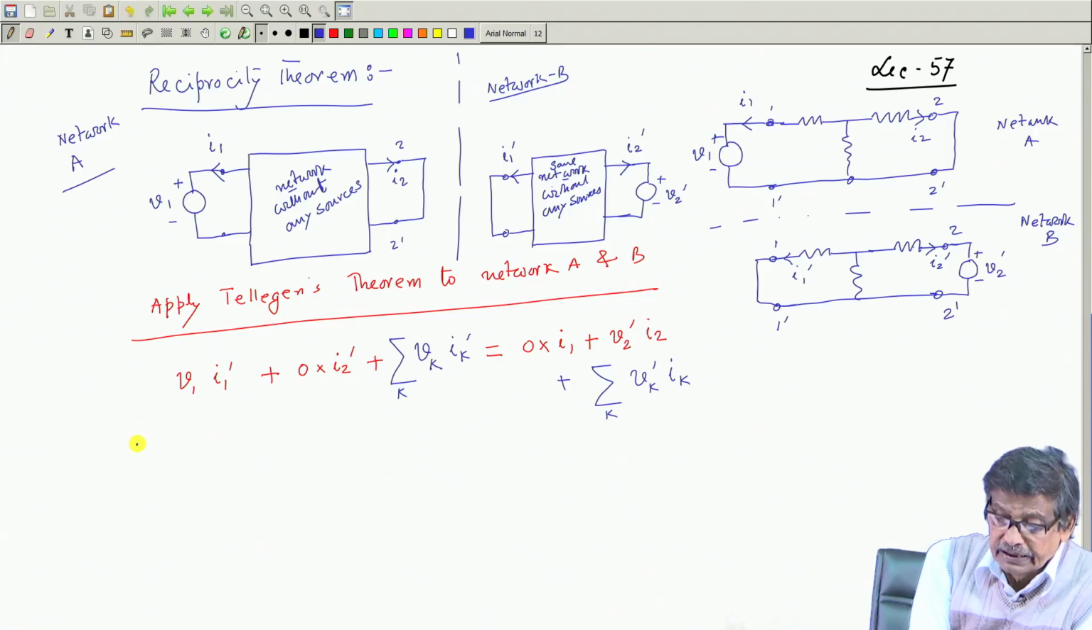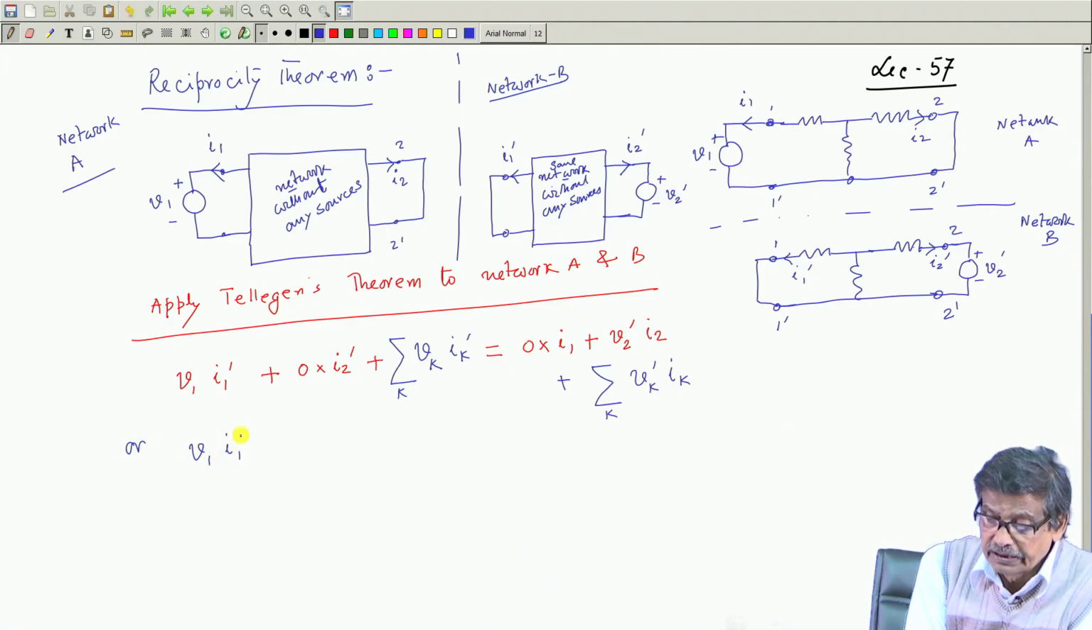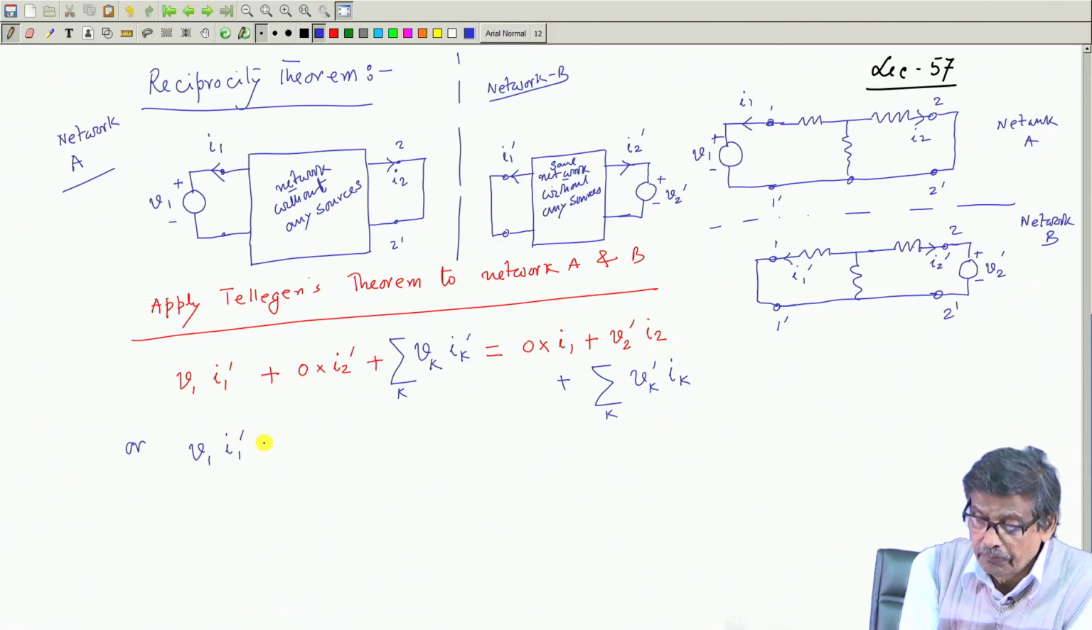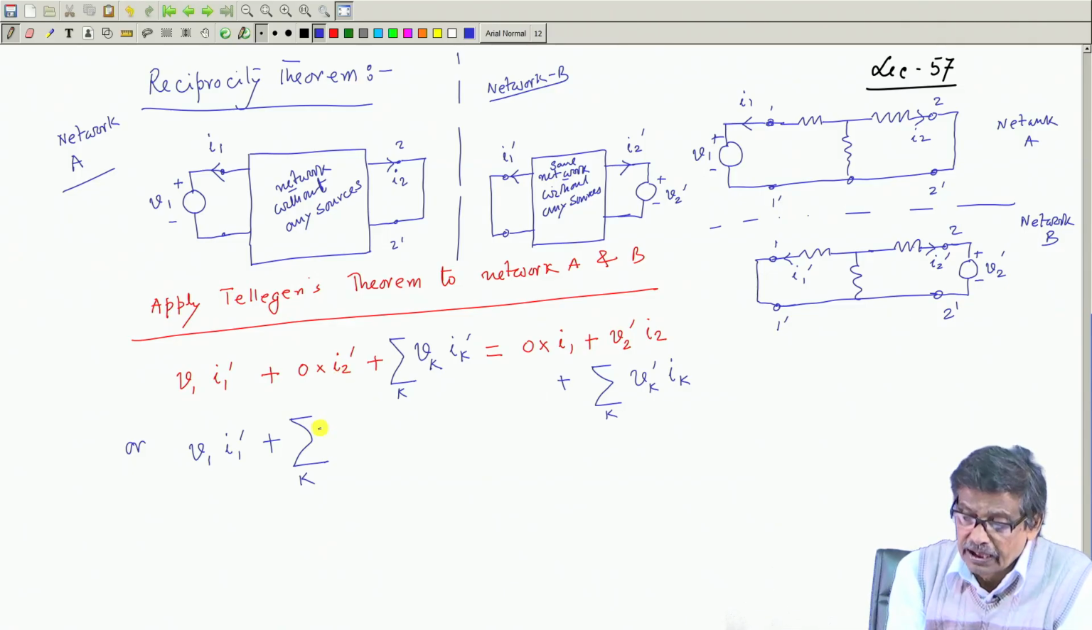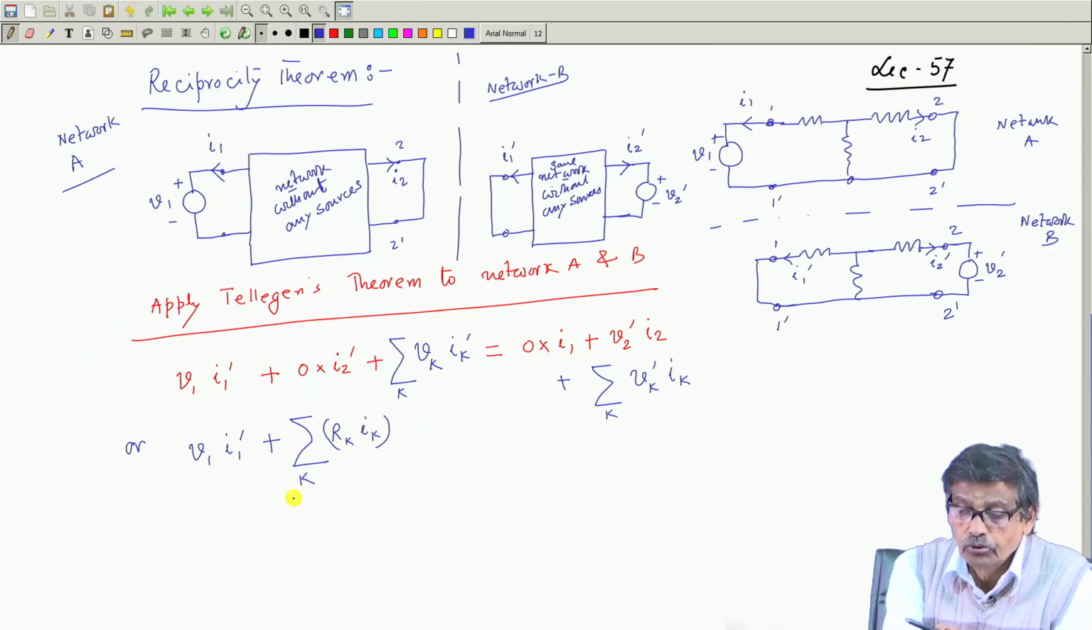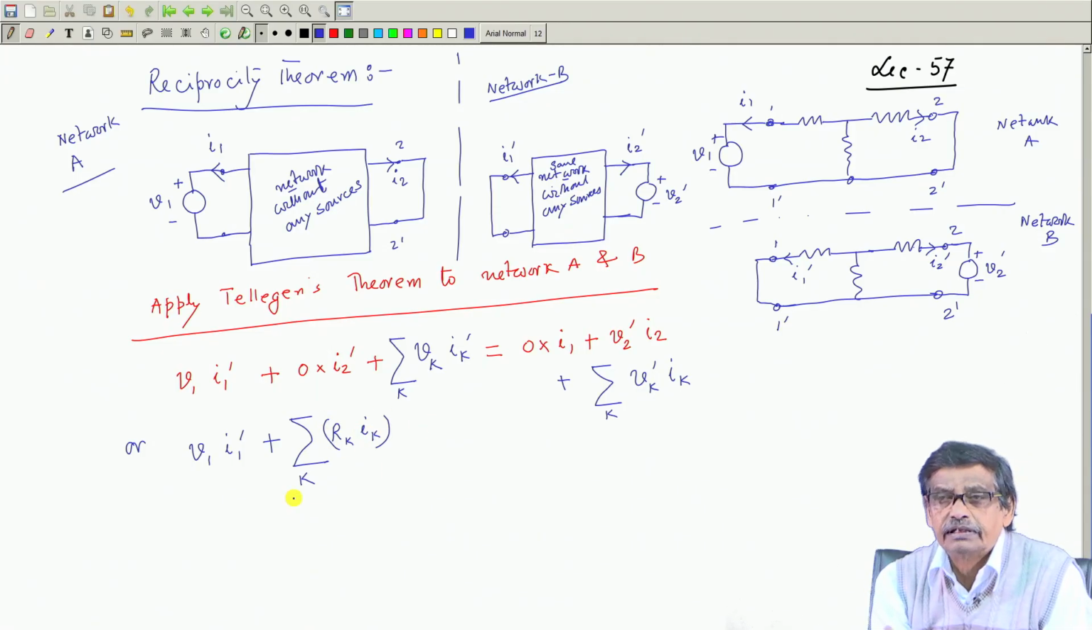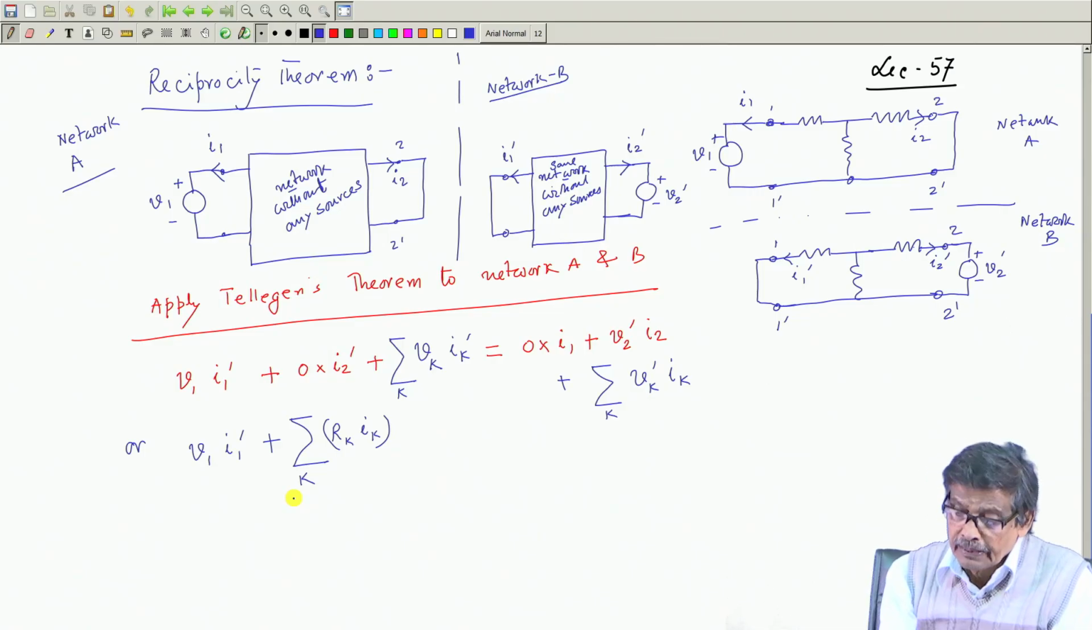Then you see that, or I will write that V 1 I 1 dashed, this one is of course 0 plus this one summed over k V k into I k dashed. What will be V k? If it is purely resistive network, I can write it as R k into I k. This is my V k, because no source is involved. So, across each branch there will be voltage drop. So, into I k dashed,